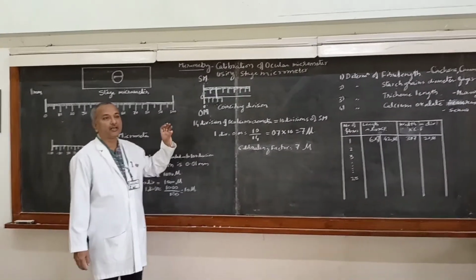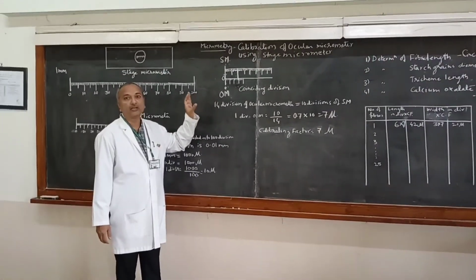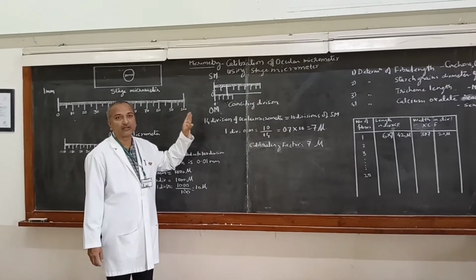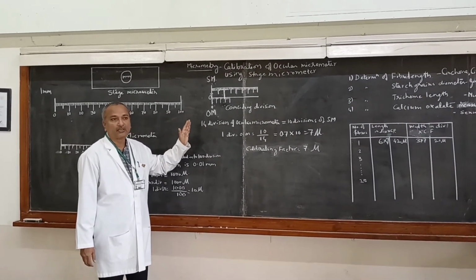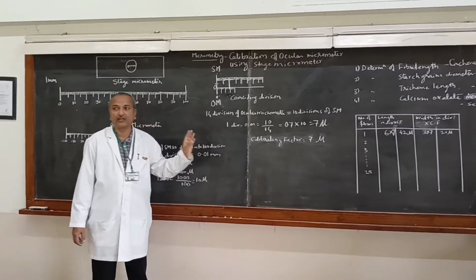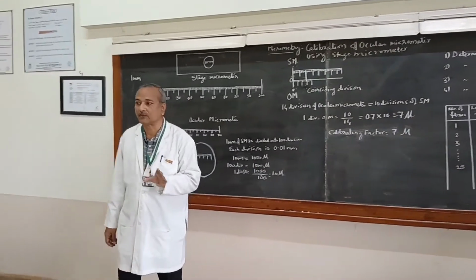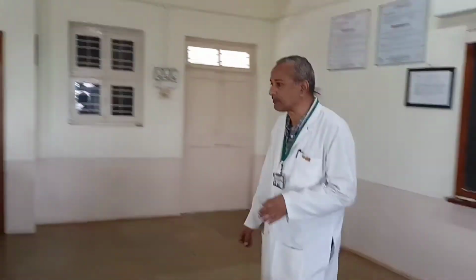Here, the ocular micrometer you are using is for different microscopes itself. So what is to be calibrated, that thing one should remember. That is the ocular micrometer. If it is calibrated, then you can make use of those values for the calculation purpose itself. So let us come to the experimental part.